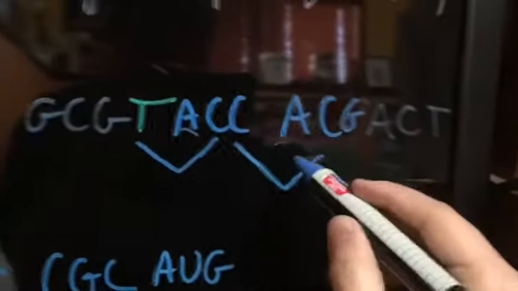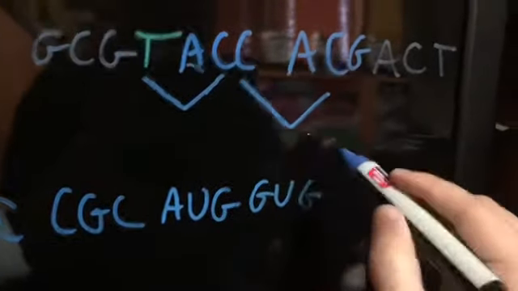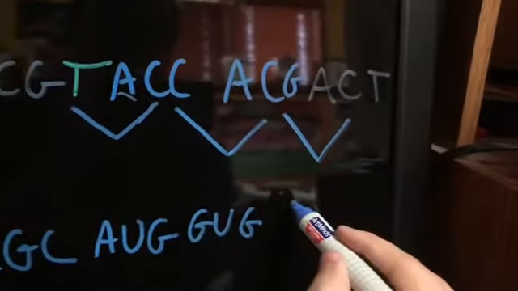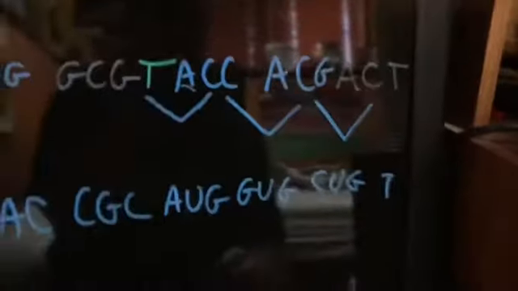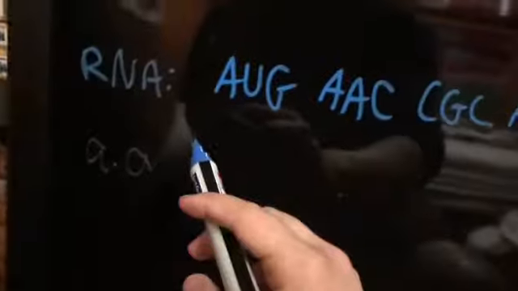Then our next one would be CAC, which would be GUG. And then we would have this GAC, which would be CUG. And then we just have an extra T left over. So how is this going to affect our amino acids? Well, AUG